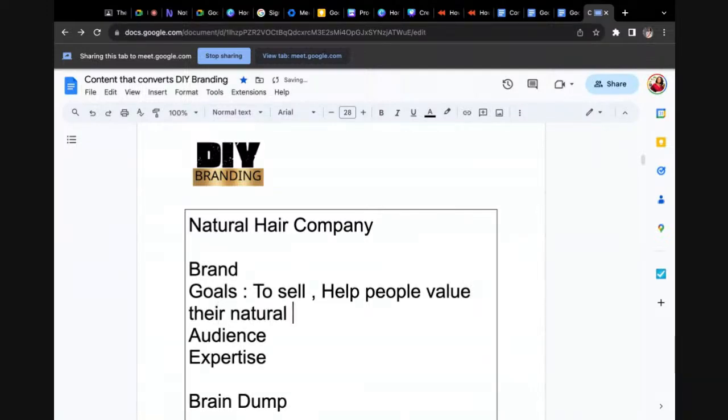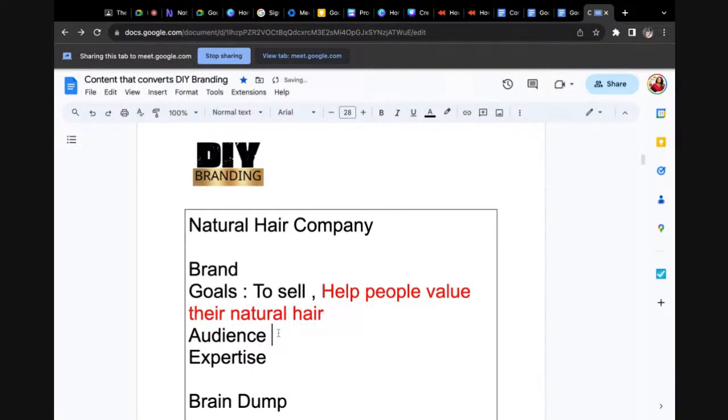Now, if you are looking at a brand, which one will you buy from? The person that just wants to sell and will do anything to sell, or the person that wants to help people value their natural hair? Because every business is in it to make profits. Every single business. There's no business that exists otherwise. Yes, you start with a good cost, but when the costs start coming together, you want to make your profit, and you want to make it quick so that you can continue putting good value products in there.